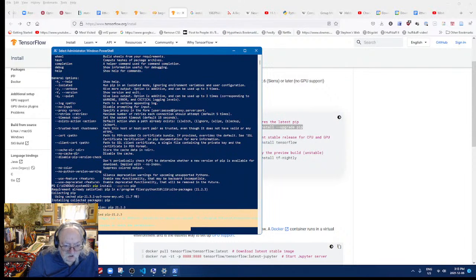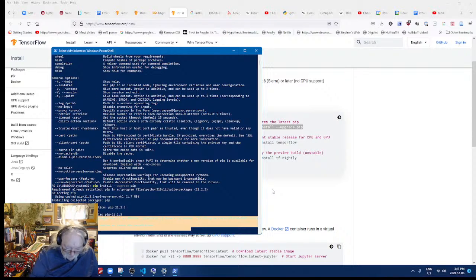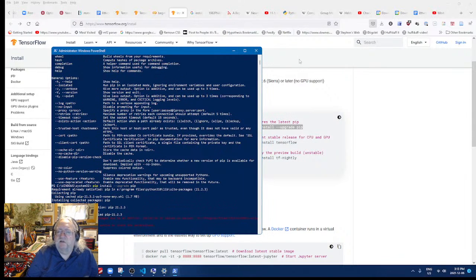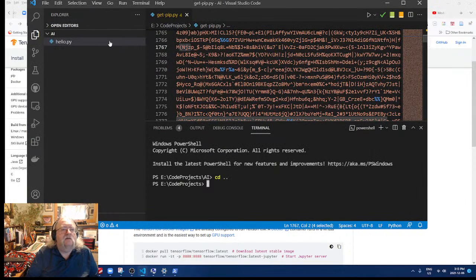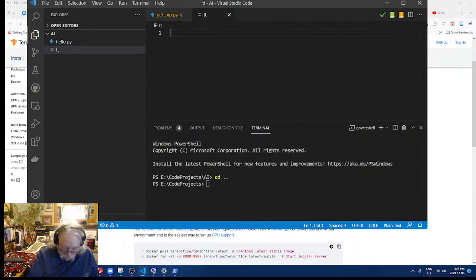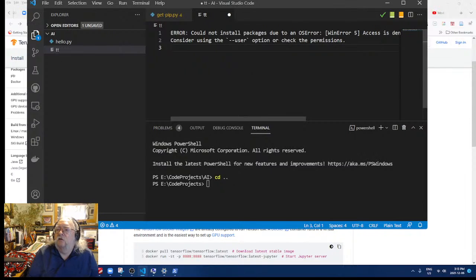Could not reinstall packages due to something, something, something. Boy, that's annoying. Okay. Let's see what that actually said. Due to an OS error, access is denied.